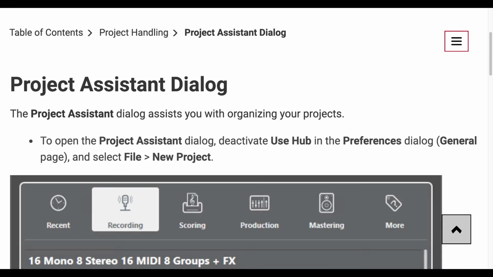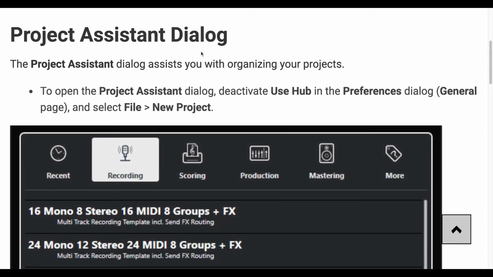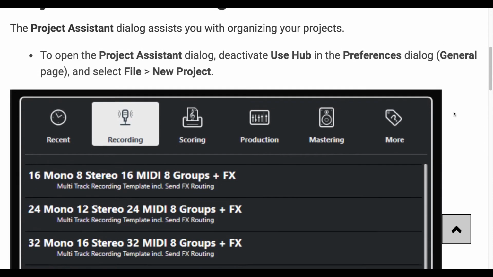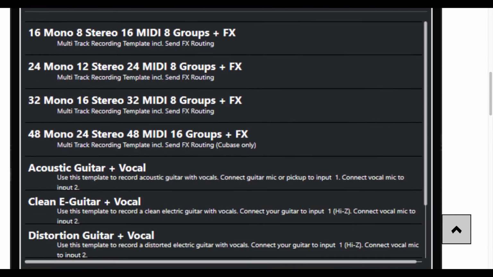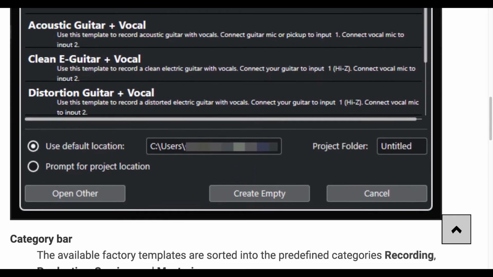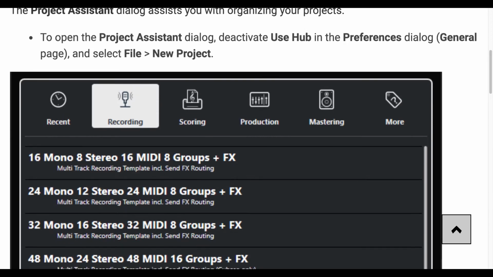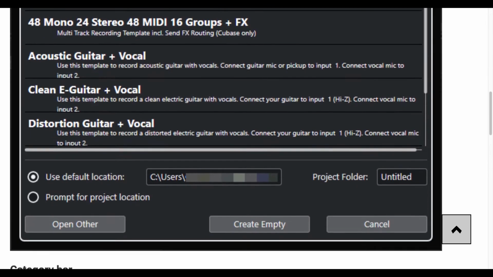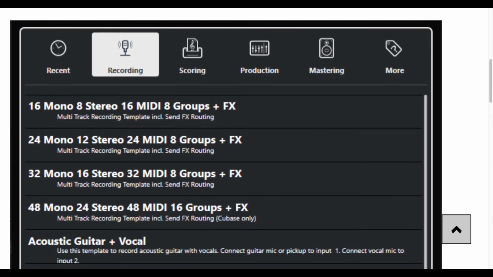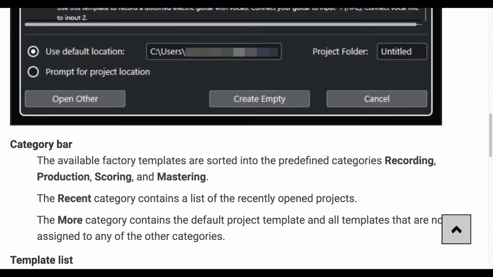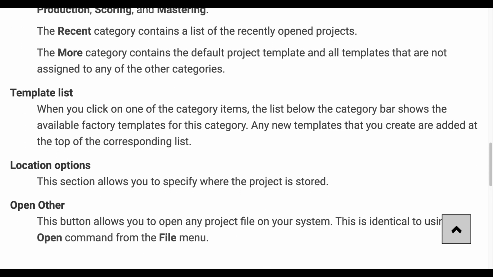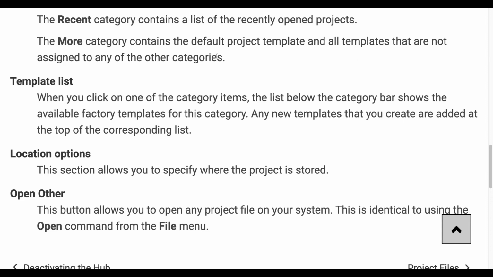Project Assistant dialog. The Project Assistant dialog assists you with organizing your projects. To open the Project Assistant dialog, deactivate Use Hub in the Preferences dialog, General page, and select File, New Project. Category bar. The available factory templates are sorted into the predefined categories: recording, production, scoring, and mastering. The Recent category contains a list of the recently opened projects. The More category contains the default project template and all templates that are not assigned to any of the other